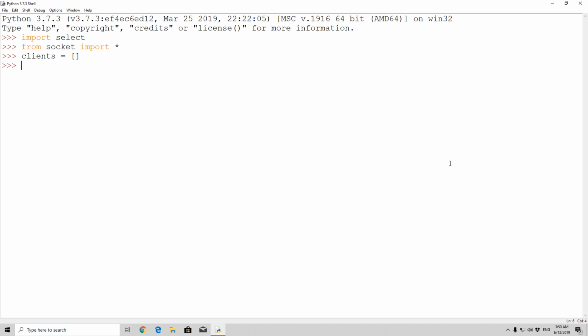You would simply just do something like this. In a while true loop you would specify input, output, error equals select.select, s plus clients,